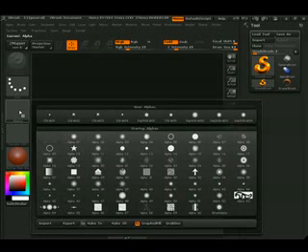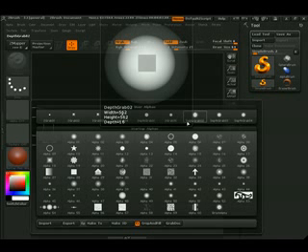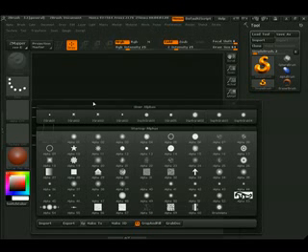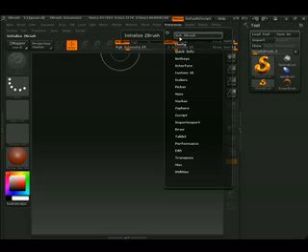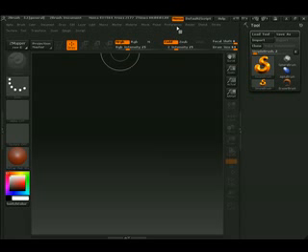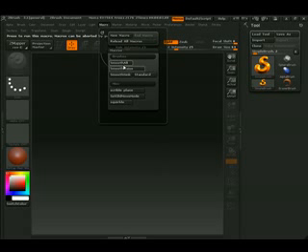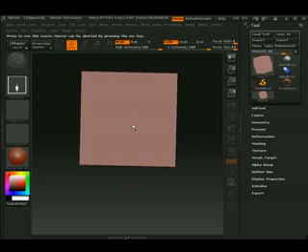Okay, so we got our alpha pretty much perfected as far as the details. And it's really sad, it's just a screw, but it represents just about everything that is good and bad about alphas. Now, how to place it on meshes. Okay, so I initialized ZBrush before, and I'm just macro going to my scribble plane